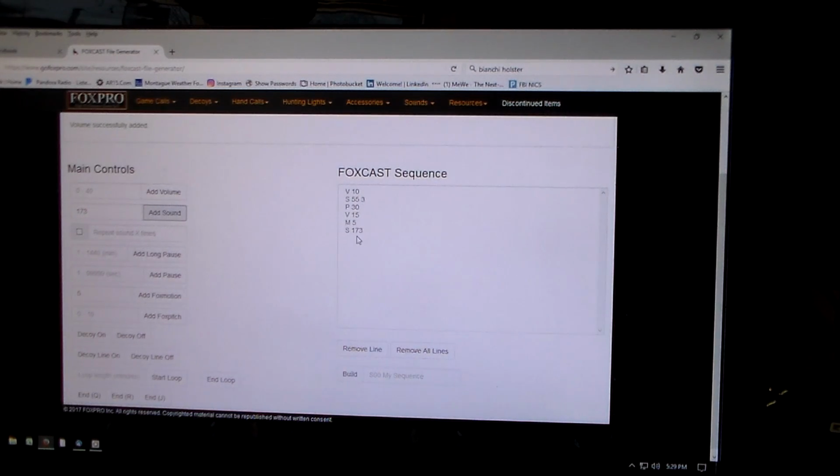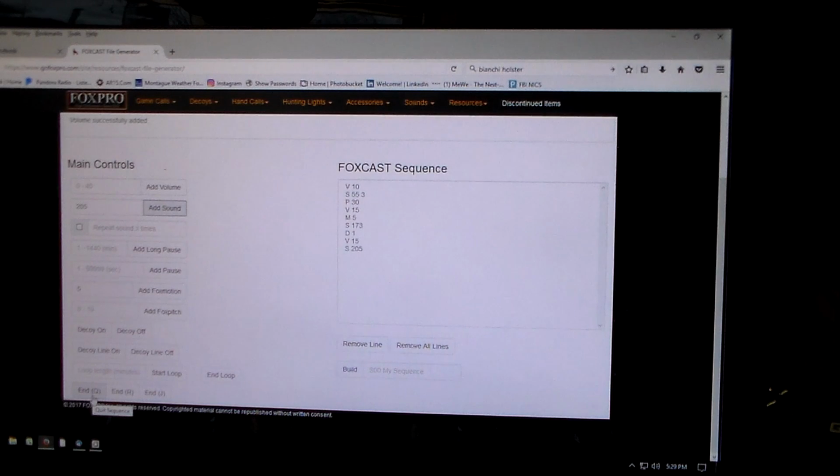Now let's say I want to do another one. We'll do volume 15 again. This time we'll go to Ren Wrath, which is sound 205. So what we're going to do now is turn the decoy on. You'll see it comes up with D1. Volume 15, add sound 205. You can see here the whole sequence is written out, and then when you're done with all that, again, you hit end to stop it, select build, and then name that sequence and go through the same process that I just